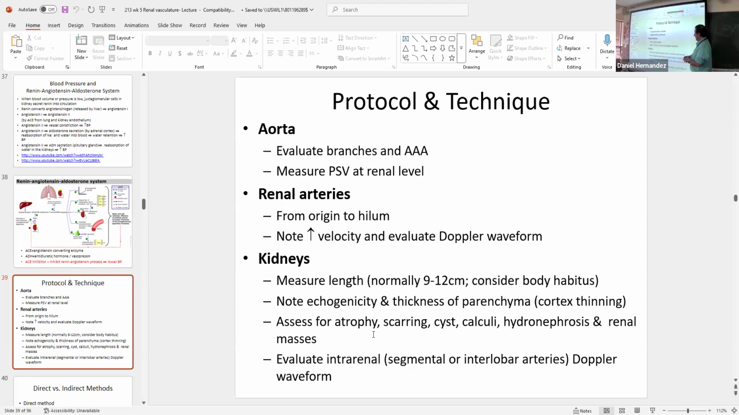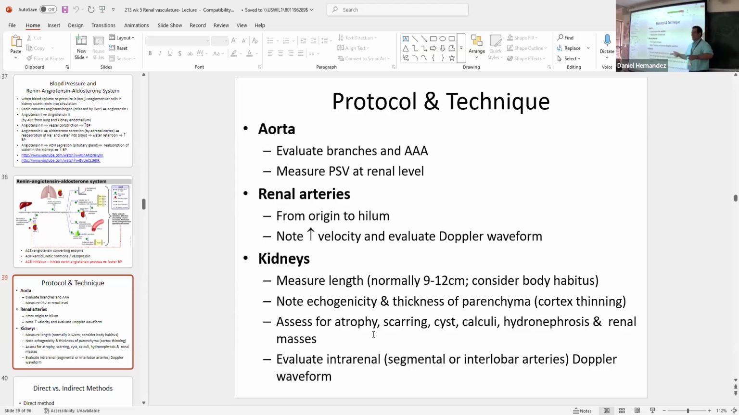And then we're going to look at the kidneys now. We're going to assess the length of the kidney. Look at the echo texture of the kidney. Is it echogenic? Is it bright? Is it homogeneous? We look at the thickness of the parenchyma, so the cortex of that kidney, because that's a good indicator of potential parenchymal disease. Kidneys that are diseased and starving for blood, that cortex starts to become thinner and thinner. The kidneys also start to atrophy. They become scarred. We can look for things like cysts, stones, calculi,